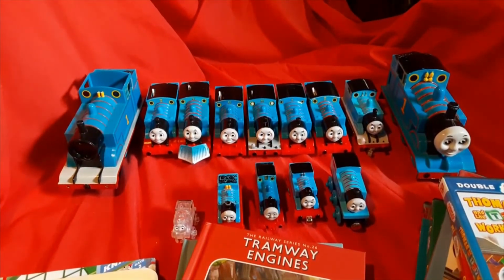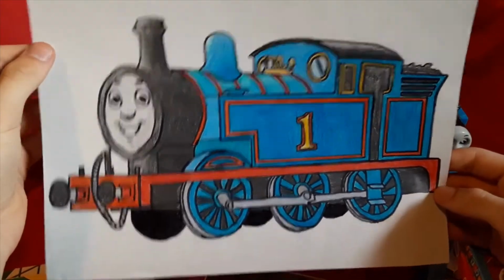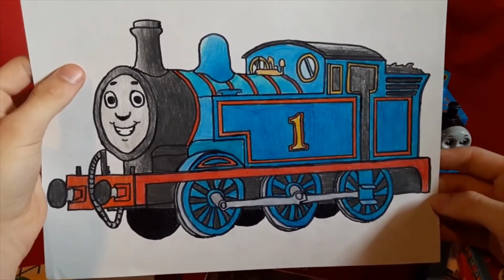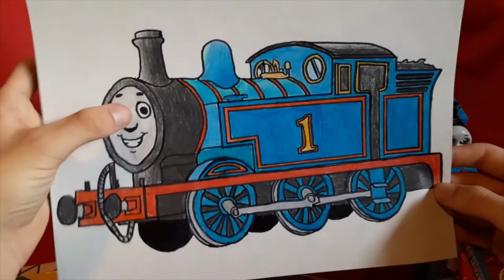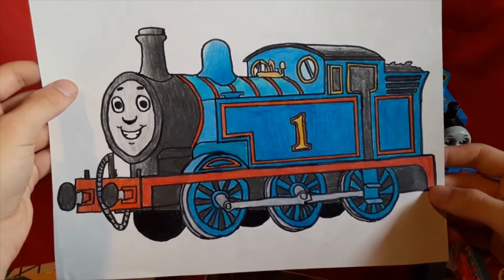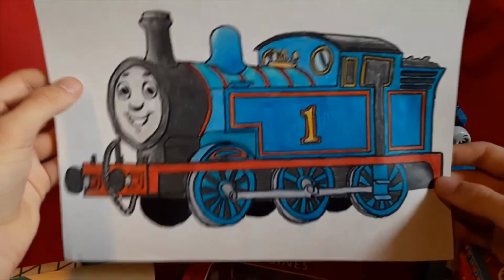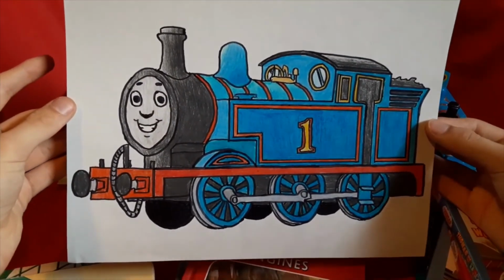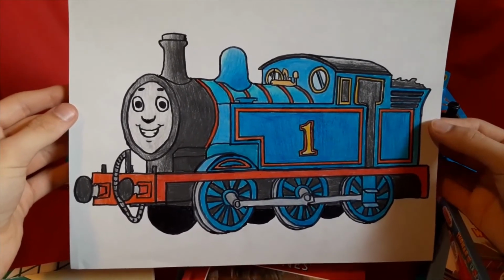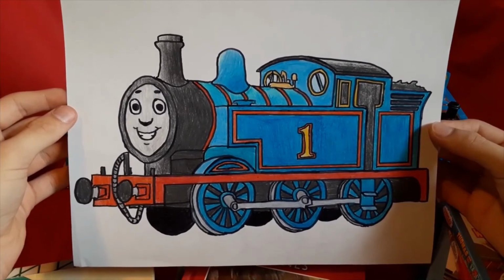So yeah. The very last thing that I have to show you for this video is this drawing. You saw it in the tutorial video for the piano video, whatever. And this was a sketch that I drew a while ago now, a few months ago, and I never actually got around to adding color to it until like a week ago. So that's what it looks like. I think it looks pretty good, of course, based on the Railway Series. Later, Railway Series Thomas,